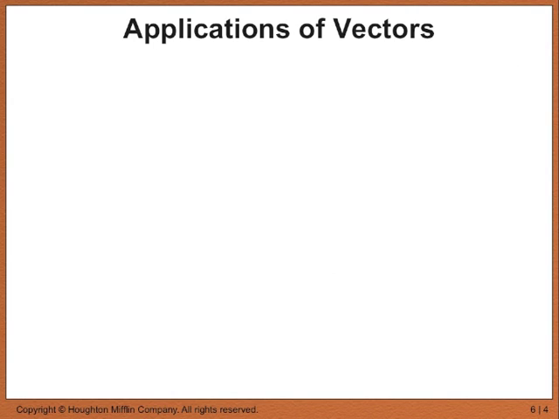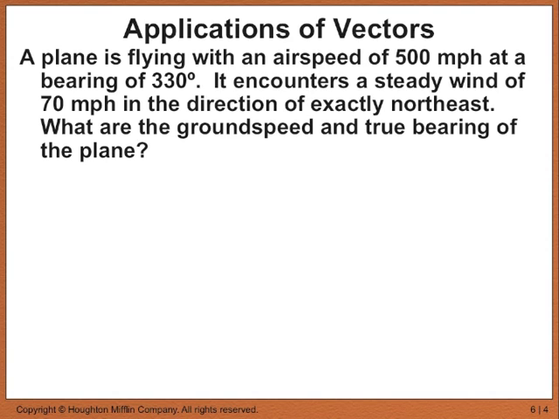And the last application of vectors is airplanes. A plane is flying with an airspeed of 500 miles an hour at a bearing of 330 degrees. It encounters a steady wind of 70 miles an hour in the direction of exactly northeast. What are the ground speed and true bearing of the plane? All right,